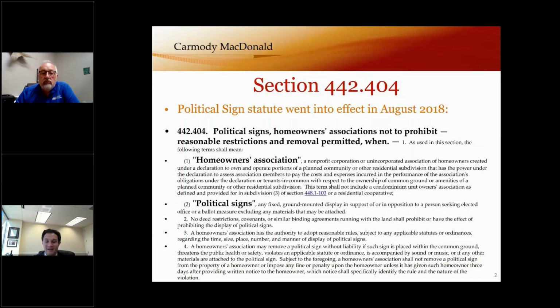I think the high level advice I want to give everybody is please take the actions ahead of time to put any sort of rules into effect now, before the election begins. Where we're sitting now in August of 2022, we're in the middle of an election cycle. We've had primaries, but we have an upcoming general election. And so rather than being responsive to any sort of situation that arises, it's important that we take those steps ahead of time so that we're addressing it and have a rule in place to enforce.